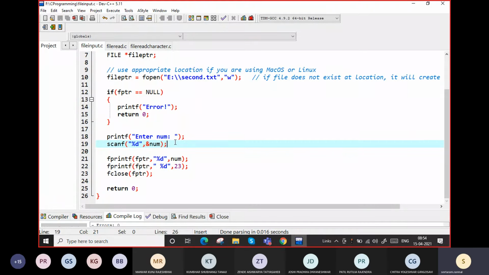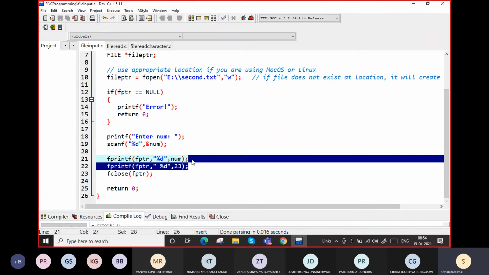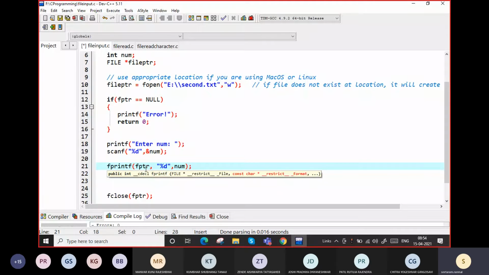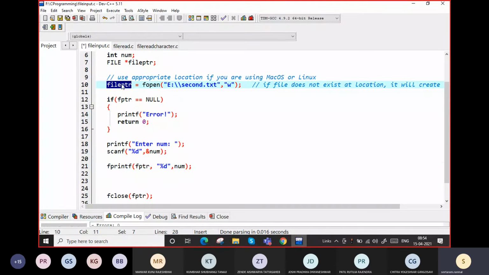After that, to write to a file, I have to use a different function. If I write printf, it prints on the command prompt. If I write fprintf, remember this function, fprintf, with f, I need to send one file pointer, whatever the file pointer is, and put it here.